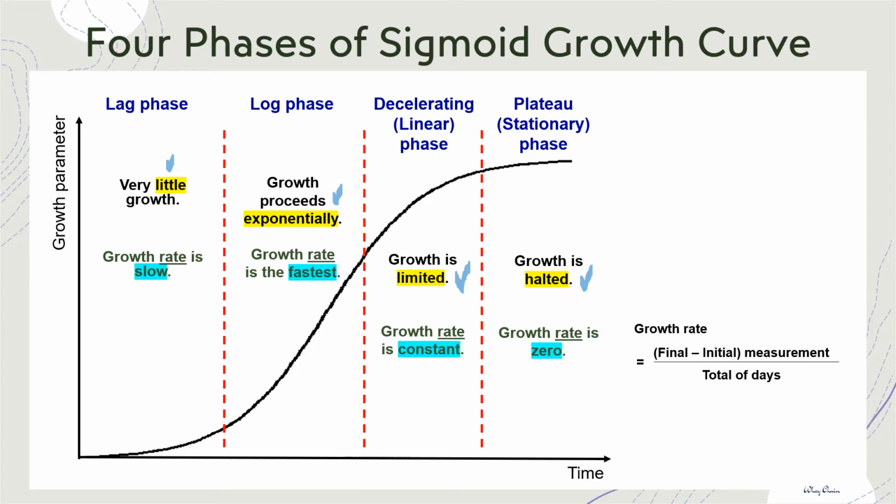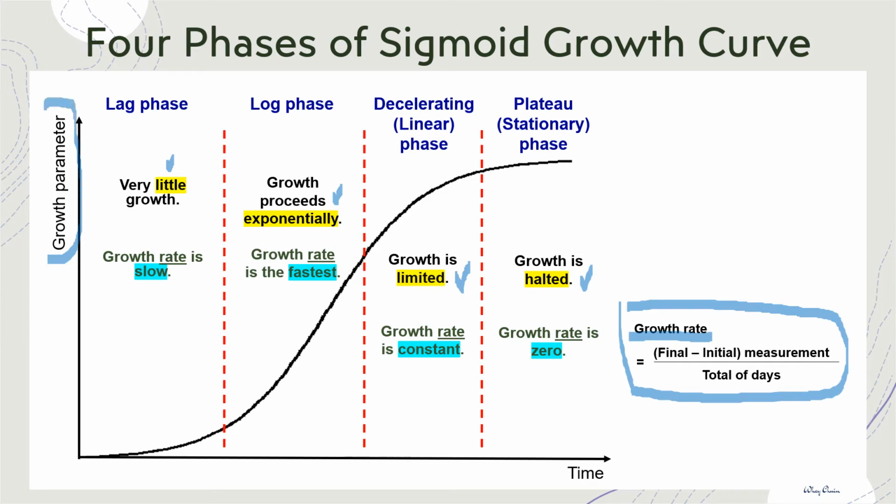Tetapi kita boleh juga menerangkan fasa growth ini menggunakan istilah growth rate, iaitu kita ambil ukuran growth parameter, perbezaan dia ikut masa, pada akhir ukuran dia berapa, dengan pada permulaan dia ukuran dia berapa, kita cari perbezaan dan bahagilah dengan jumlah masa yang diambil, dan kita dapati bahawa lag phase dia adalah perlahan growth rate, tetapi log phase menunjukkan growth rate yang paling cepat, manakala decelerating phase